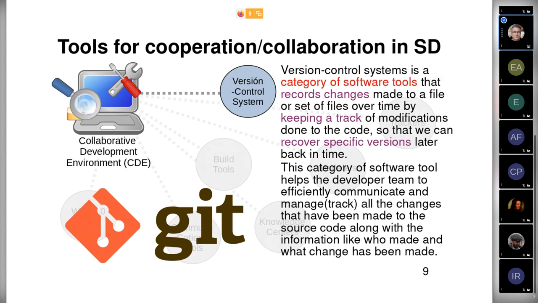Okay? Because it is precisely for keeping track of modifications, not only in the code, but mainly in the code. And the goal of using this kind of tools is precisely to be able at some time to recover one specific version that we had before, and be able to go back in case we detected any error, any fault, and we need to go back in time. That's the reason for the use of this kind of tools. It is well known,